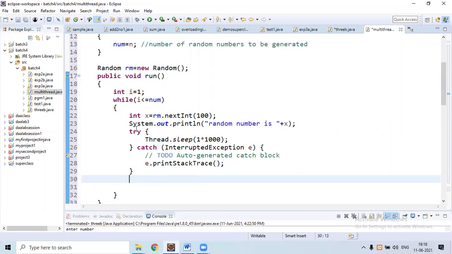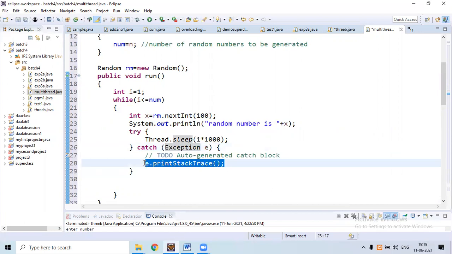Now we inserted try and catch block to handle exception related to thread.sleep. So here we can use only this statement Exception e, and this is not required. We can remove.